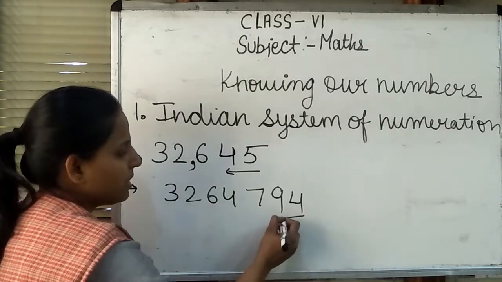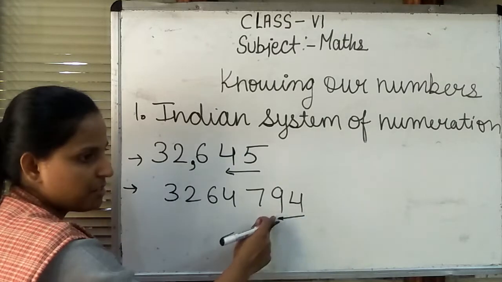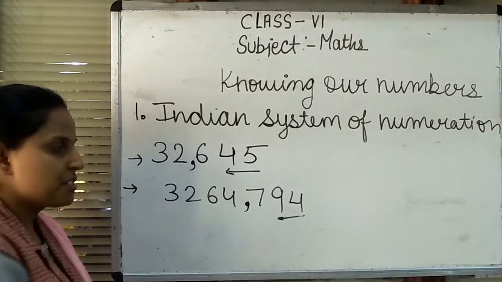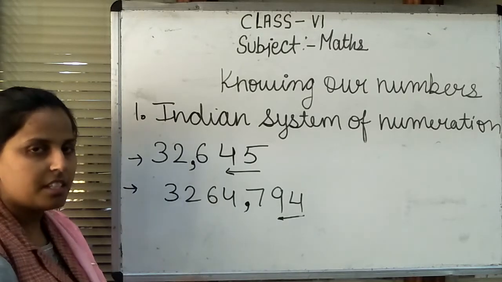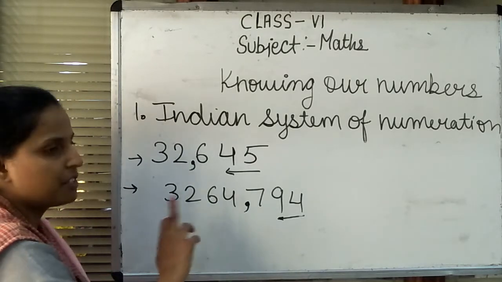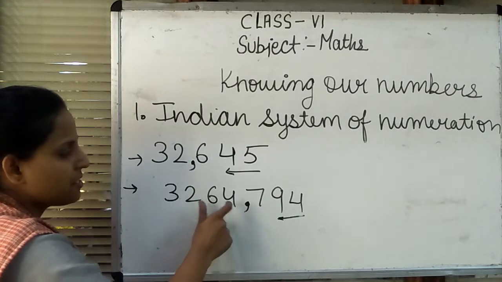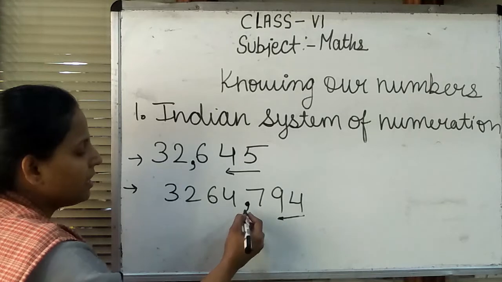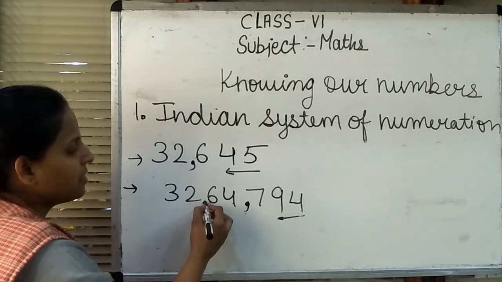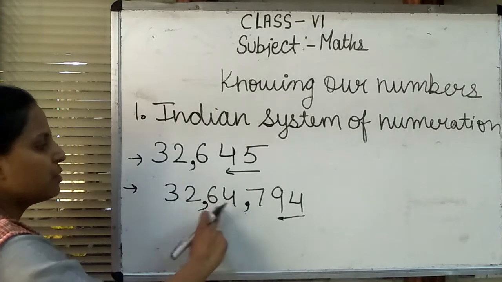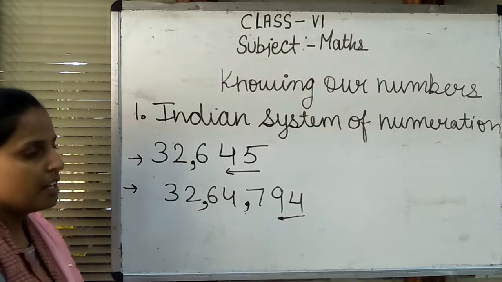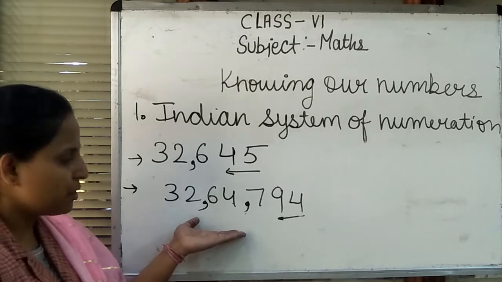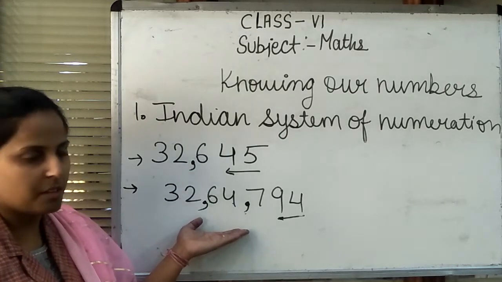So now we put the comma, starting the counting from the right side, 1, 2 and 3. The comma is placed. According to the Indian system, the first comma is placed after 3 digits and all the remaining commas are placed after 2 digits. Because in the Indian system, our boxes break into 2 parts. Now I put the first comma here, and after that I put the second comma here after 2 digits, 1 and 2. Now we start writing the names. So this is the method to first put the comma for numbers greater than 4 digits.